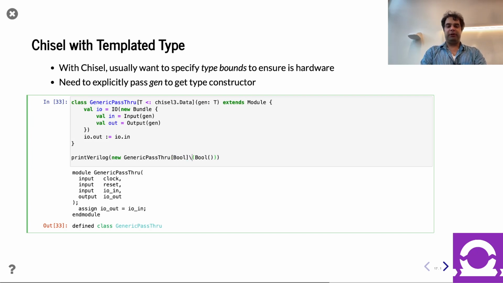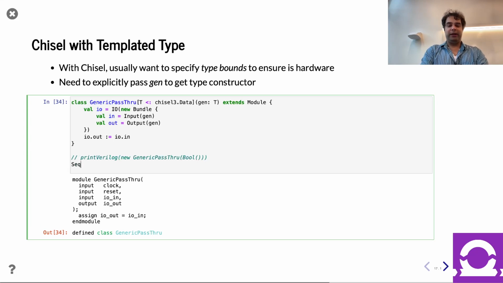if I was being more verbose, I could have done this, right? But I didn't have to because it did type inference. It recognized, oh wait, I passed a type in here. That must be a type I meant to pass in here as well. So it inferred that on its own. So for the most part, you don't need to do that. But you've seen me a few times in this course do things like,